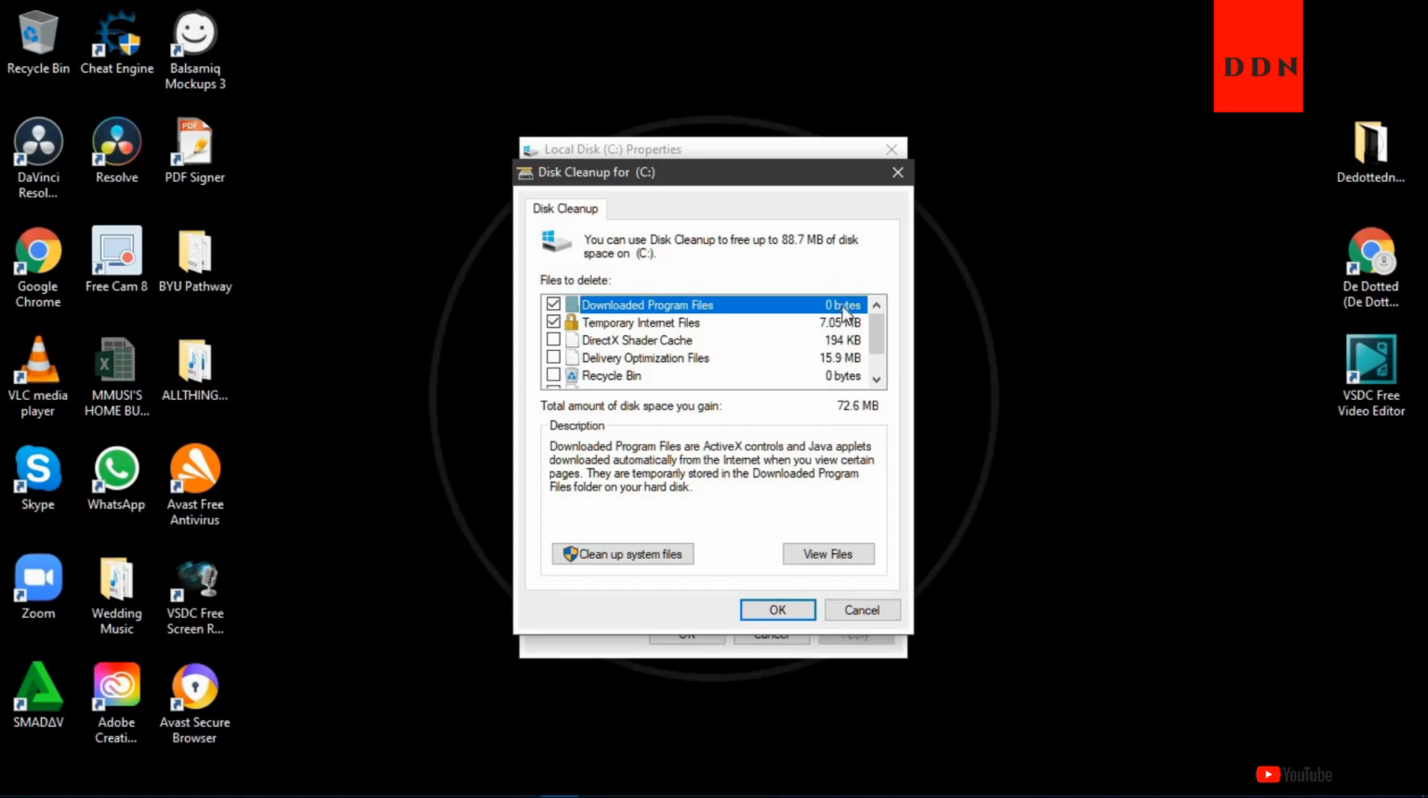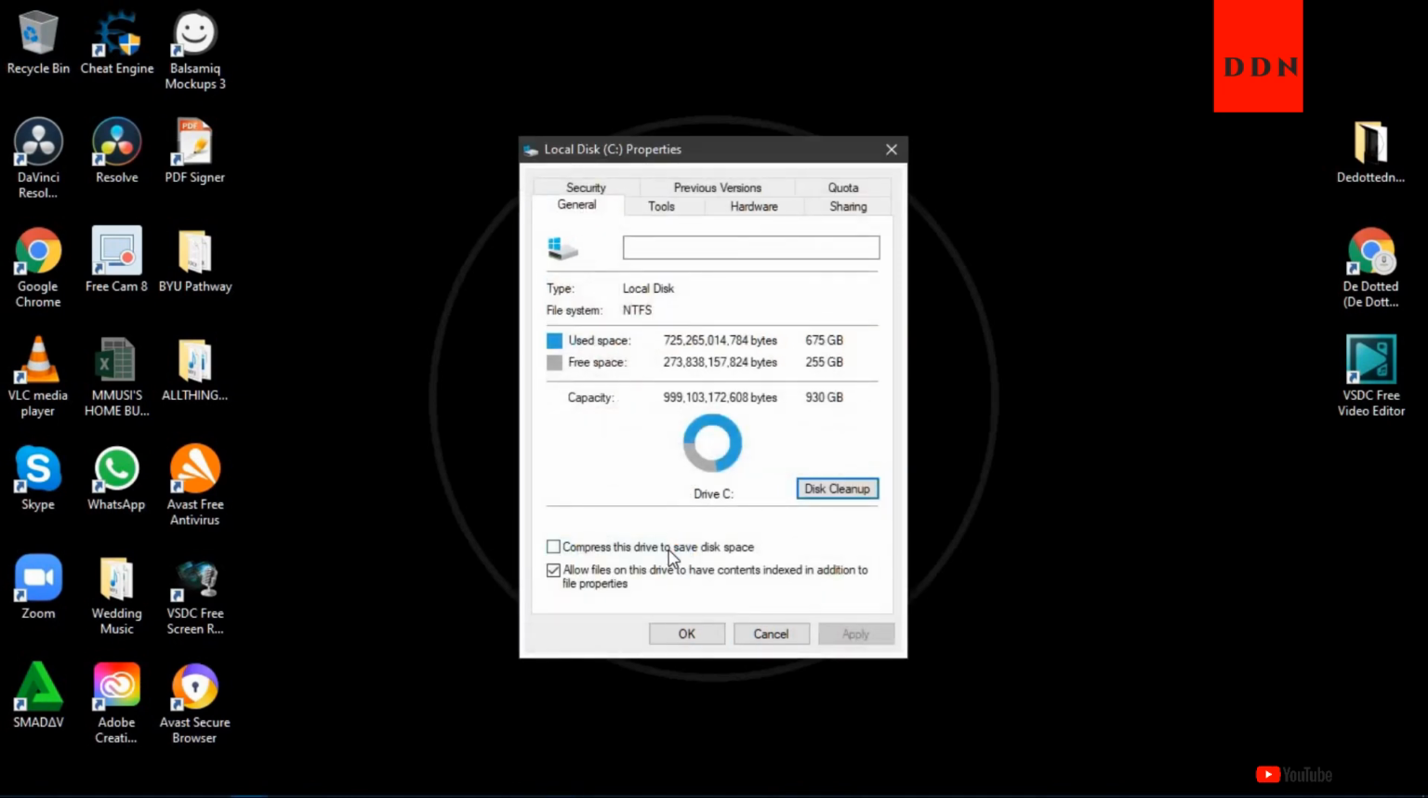So as you can see right there, we have the sizes of how much space each item takes up on your hard drive. And then you have the check boxes on this side. If your recycle bin over here is filled up, it will show the bytes there. Then you will just click on the clean up system files option, and then it will clean up the